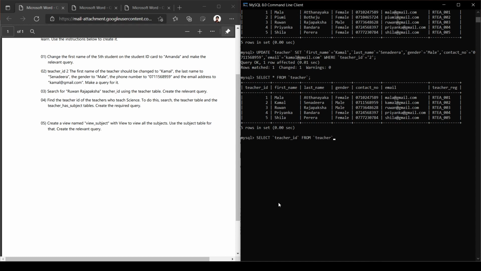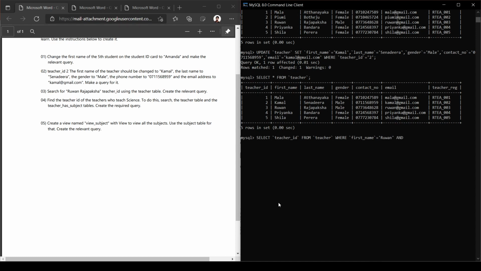and we have to filter all the data in the teacher table using the first name and last name. So first name should equal to Ruwan.